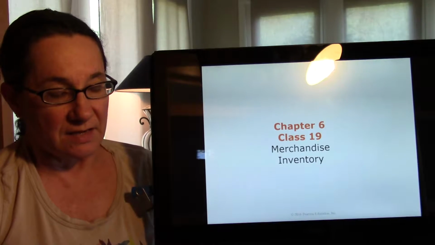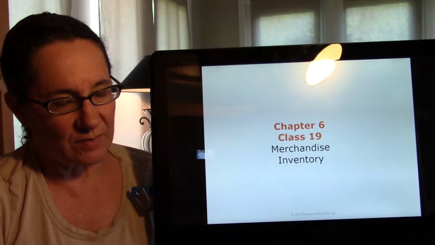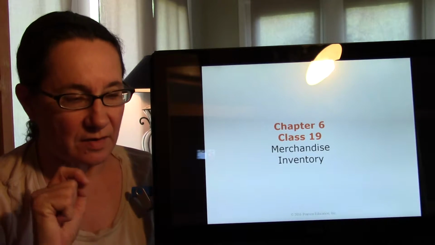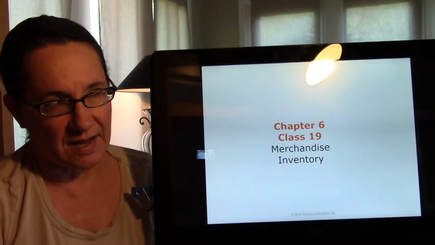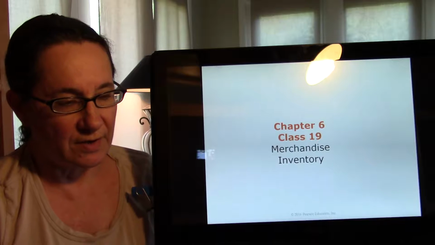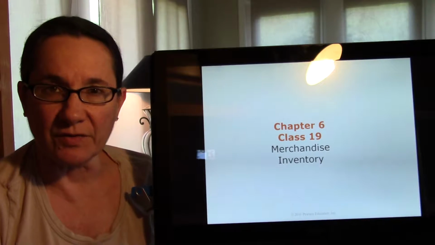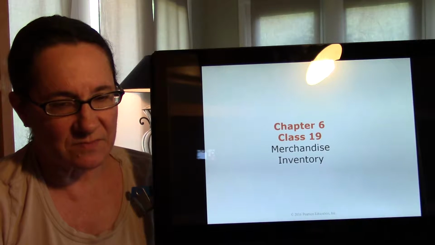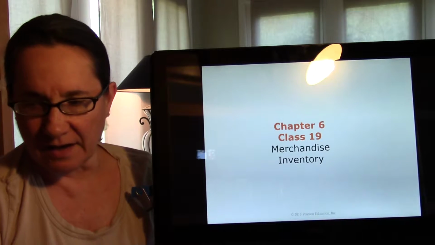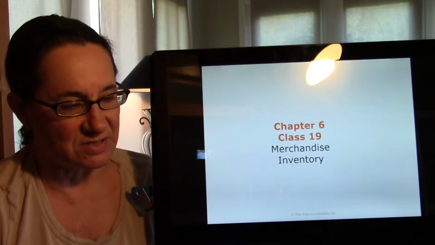Well, it continues to be important through chapter 6, and we're going to just drill down a little bit on merchandise inventory and the expense associated with it, cost of goods sold. We're basically going to talk about some different ways to calculate that now. So everything you learned from chapter 5 still applies, but we may just add a little bit of information about